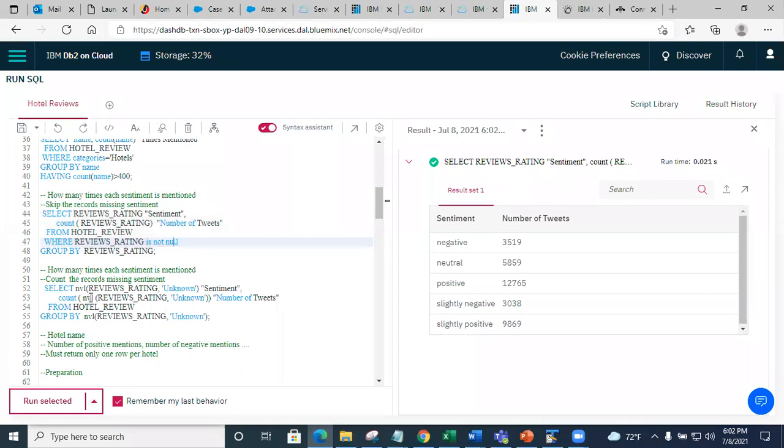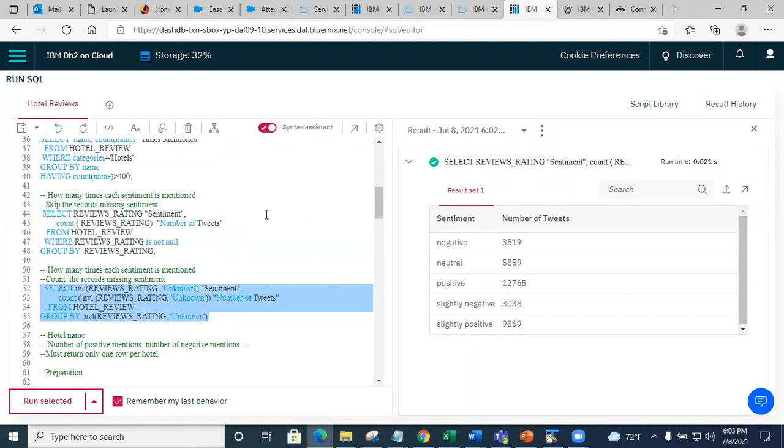Another is this. I use the NVL function and I say, look, if my value is missing, I can treat it as if it's unknown. So this is what NVL does. Remember that in earlier coursework, you discussed how to handle missing values. You can skip the rows with missing values, or you can treat them as a special value.